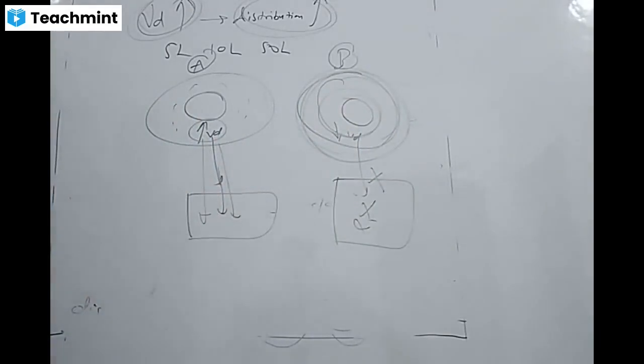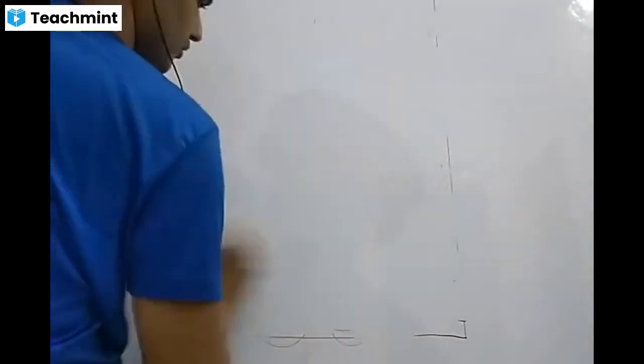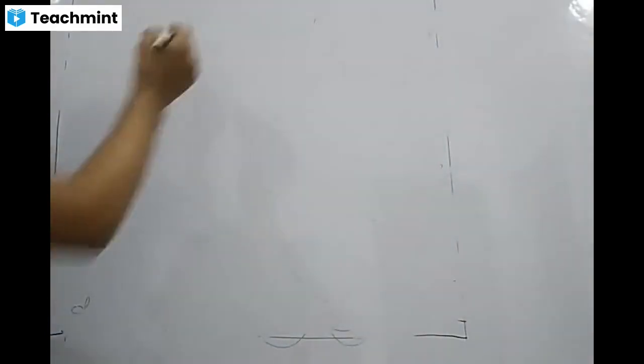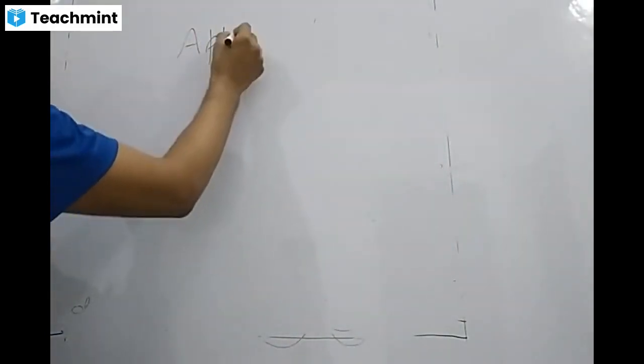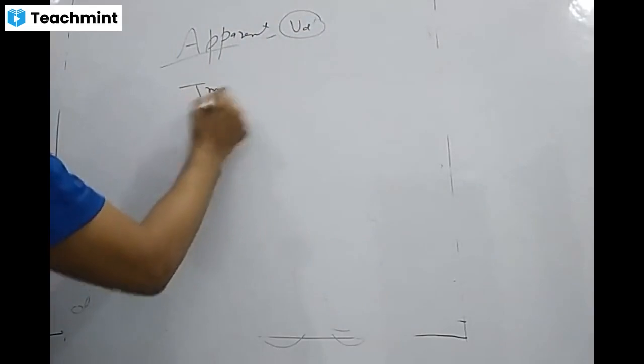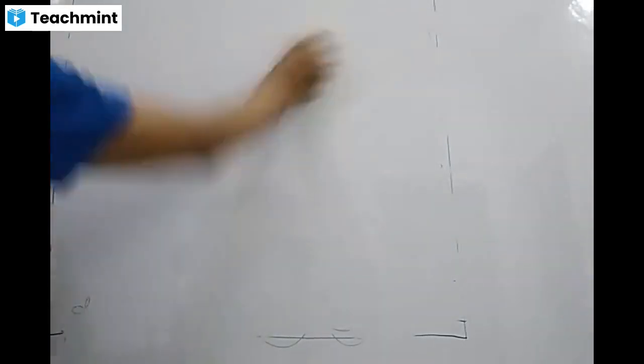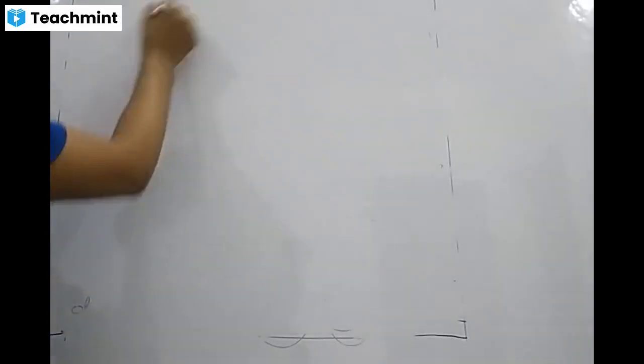This is the concept of VD. That as the VD increases, distribution increases. Low VD, low distribution. High VD, high distribution. Then why do we call it apparent? Why not call it true VD? There is one term, apparent volume of distribution. Why apparent? Why not true? This apparent means hypothetical. Apparent VD is a hypothetical concept, because